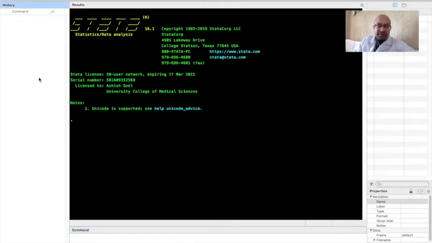The window on the left is the history panel. This will have all the commands that you have given in this particular session. It will continue to keep a history of all the commands that you have given. Here at the bottom is the command window, which allows you to type the commands into the Stata interface, and then Stata executes them and shows you the results in this central window, which is also the largest window. This is the results window in which whatever commands are executed will become visible.